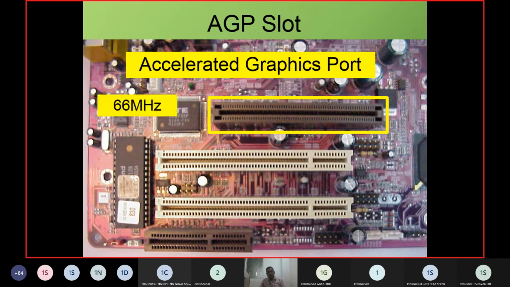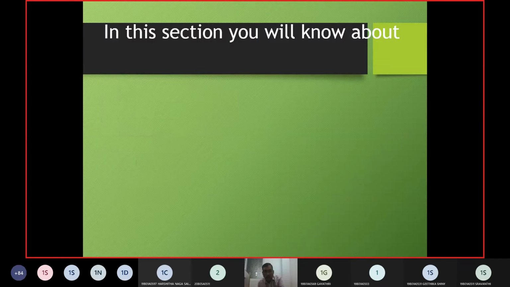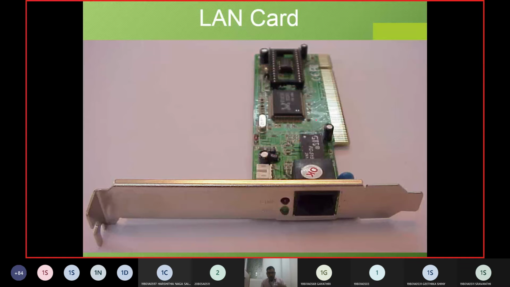The graphic card will be connected to the accelerated graphics port, and this accelerated graphics port works with a speed of some 66 megahertz. That is the position on the motherboard where this graphic card is going to be inserted. So you just memorize these things. After the class, I will ask you randomly what the positions are and where this will be placed.